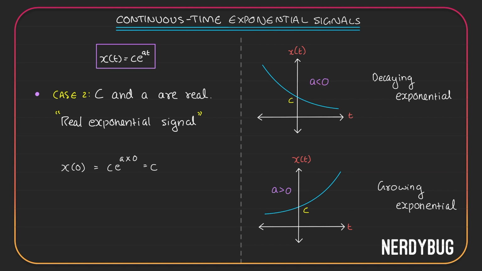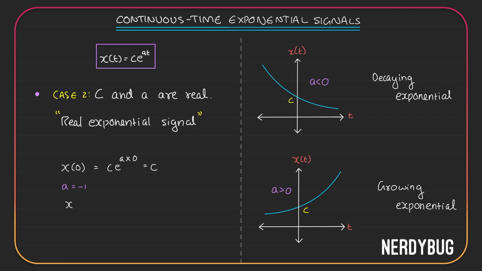Let's take the first case, a less than 0. Consider a is minus 1. Then at t equals minus 1, x of minus 1 is going to be c e raised to a is also minus 1 multiplied by minus 1. So you get ce. At minus 2, you get c e raised to a is minus 1, t is minus 2. So you get c e square. Looking at the pattern, I can tell that x of minus 3 is now going to be c e cube. Obviously, it is increasing. So the graph justifiably looks like this over here.